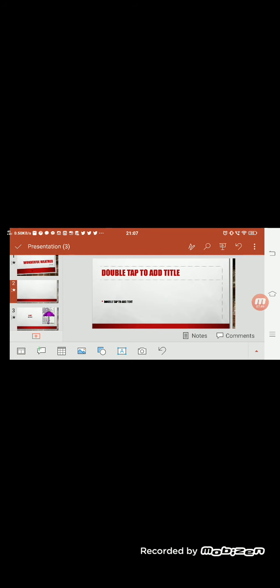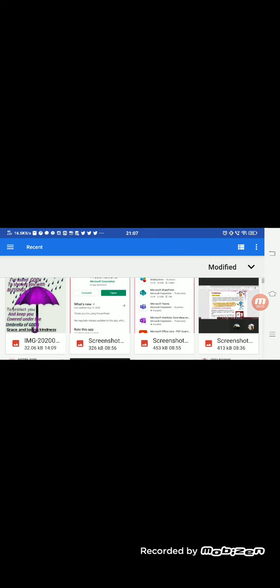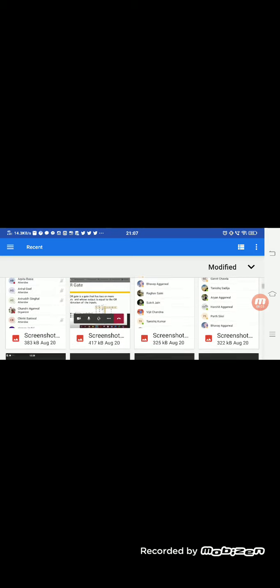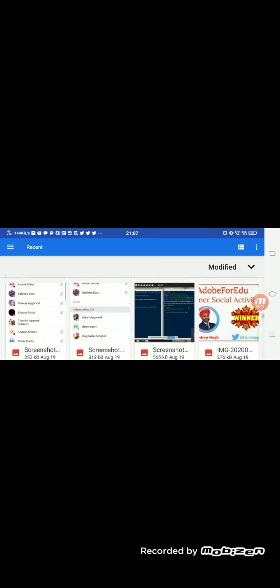In the same way, the icons automatically move when you rotate the device. When you click on plus sign, it will again add a new slide to it. Select the slide, and you can have your own presentation slides you want to create.